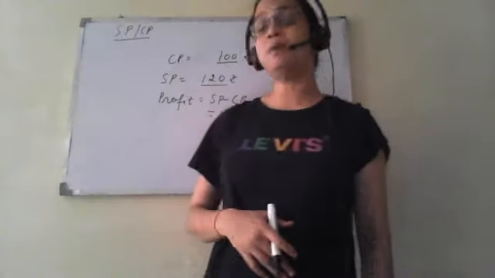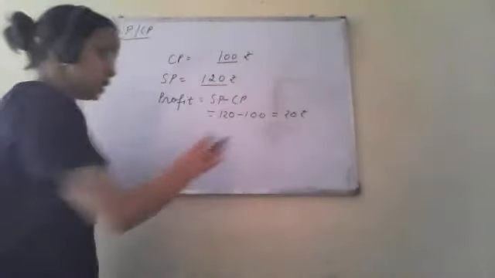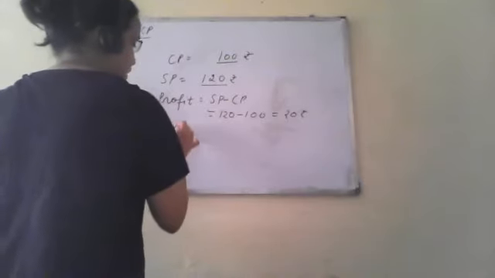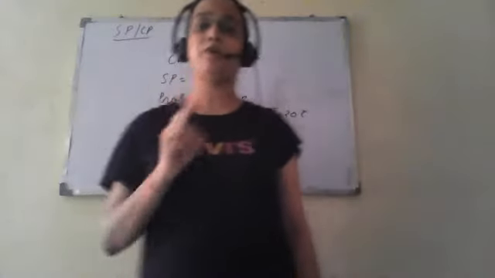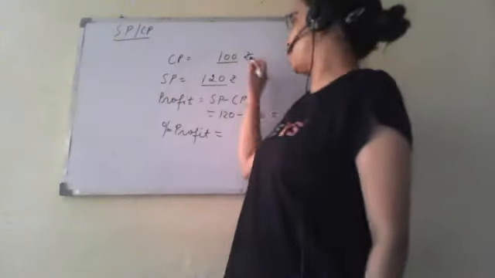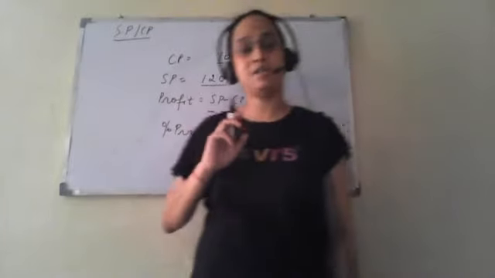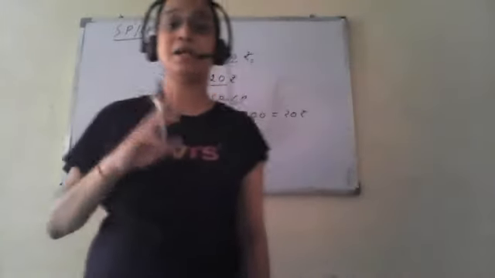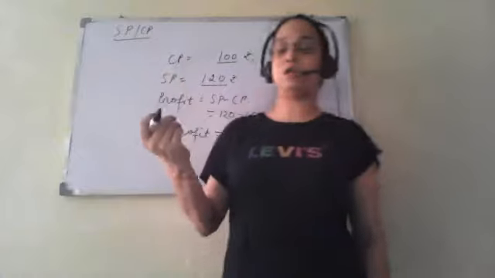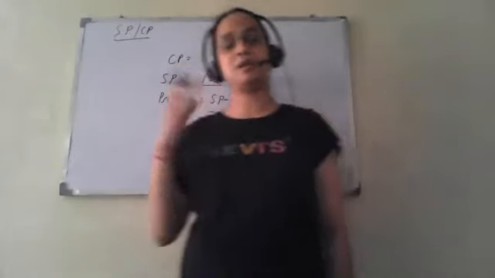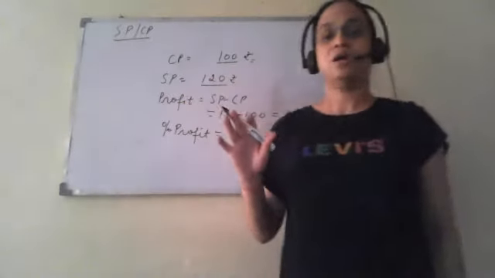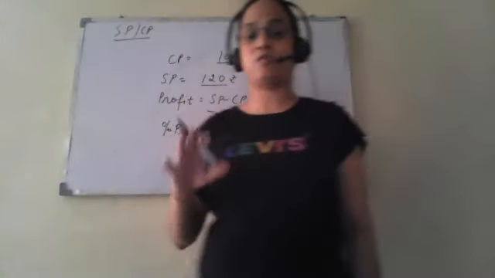When it comes to percentage, profit percent is similar to discount. In the case of discount, it was calculated on mark price. In the case of profit or loss, it is always calculated on cost price, not selling price. It has to be kept in mind, unless it is stated that a person has calculated percent on selling price, which is a rare case you won't come across. So profit or loss percent is always calculated on cost price, or CP.